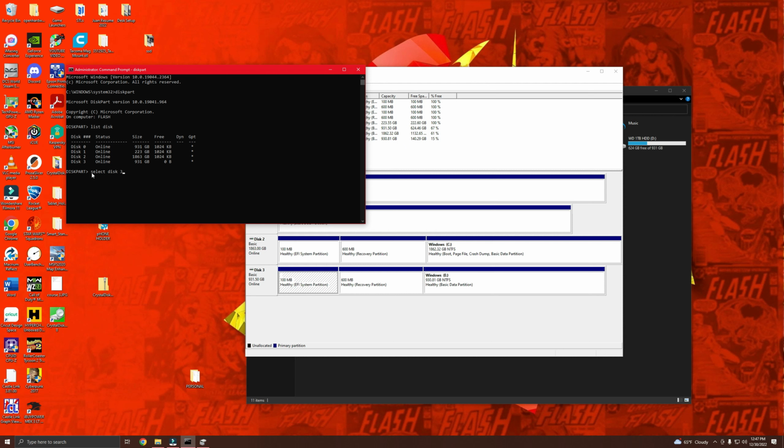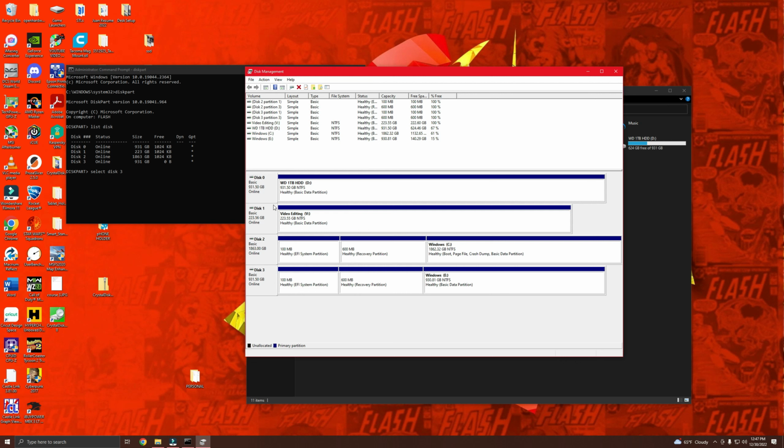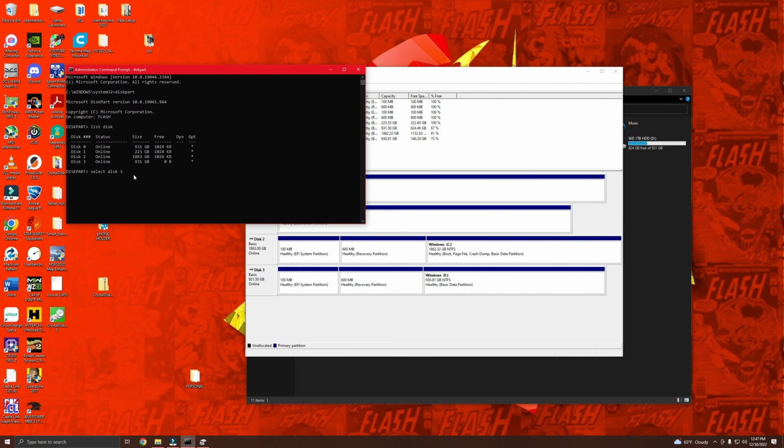And again, this is going to vary by your system. It depends on how many hard drives you have. You might only have 1 and 2, or 0 and 1. It really depends on how you have it set up. If you have a bunch of hard drives, then you're going to see all of them here. So just make sure you know which one you're looking at, and hit enter. I'm sorry, after disk 3 is selected, we're going to make sure that's disk 3, and